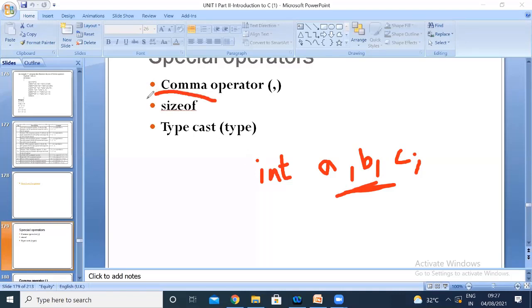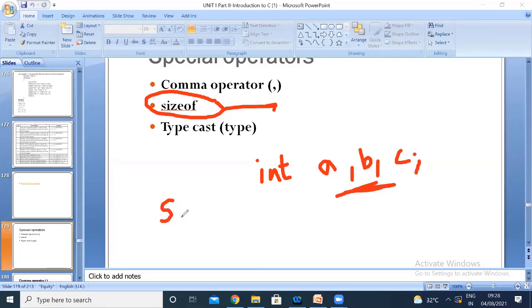Now the next operator is the sizeof operator. Sizeof operator is used for finding out the size of a data type. How will you tell the size of your data type? It is going to return the number of bytes that your data type is occupying.